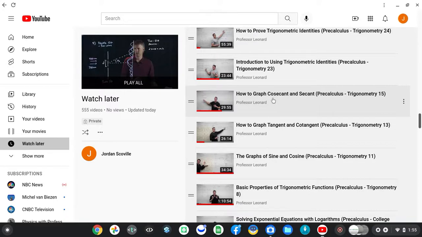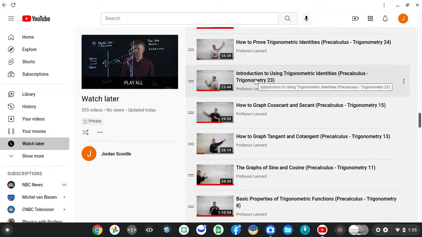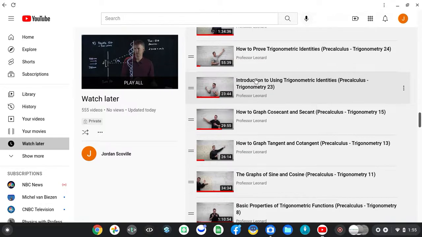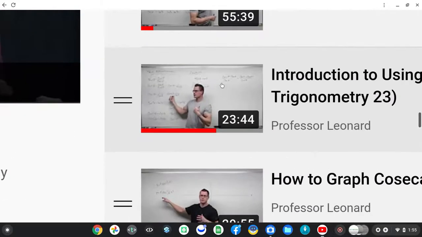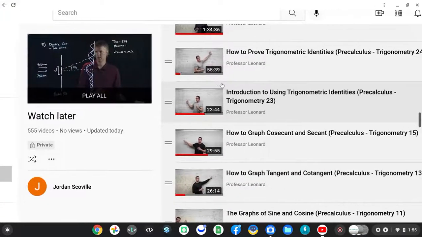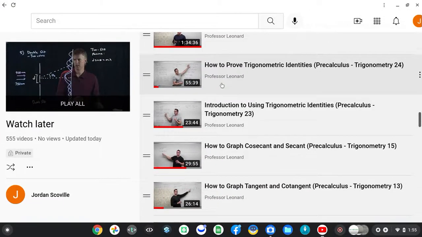I'm watching as a tangent, and of course my secondary that we would send out in operations alpha, beta, gamma, whatever. Introduction to using trigonometry, and this will be a good one for the rabbit snare. I think get the parts going, how to provide trigonometry identities and things like that.